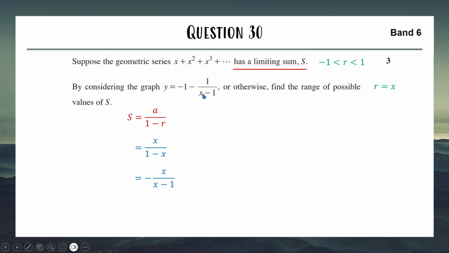Now it looks a little bit more like what we're trying to go for. Because we don't want an x on top, we want a 1 on top. Here's the trick for that one. We're actually going to add and subtract 1 to the top of this fraction. Now that seems very strange, and it seems like I absolutely pulled it out of thin air, but here's why